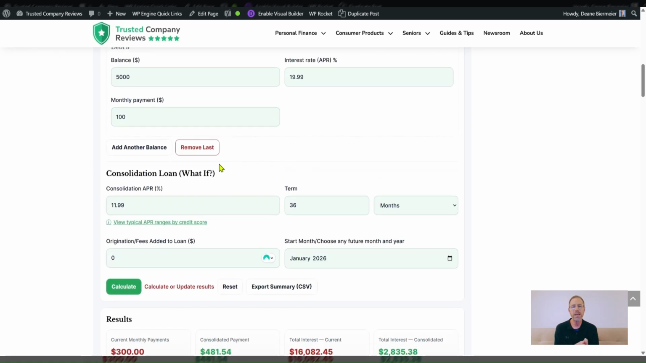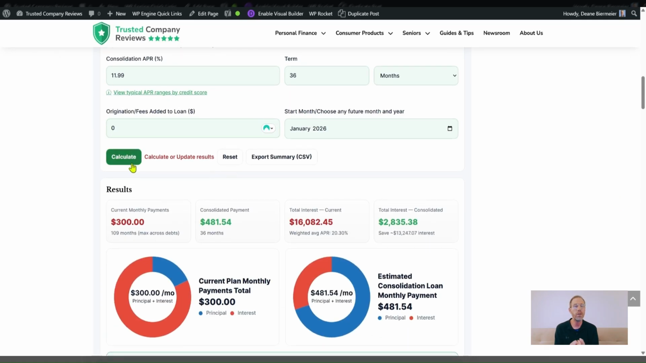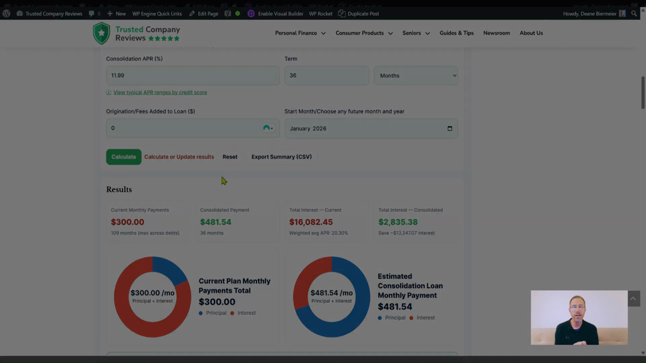And that's it. Keep in mind that debt consolidation can be helpful, but it's not a one-size-fits-all. This calculator helps you understand the numbers before you decide, so you can see if it could fit your budget and your needs. More information is available at